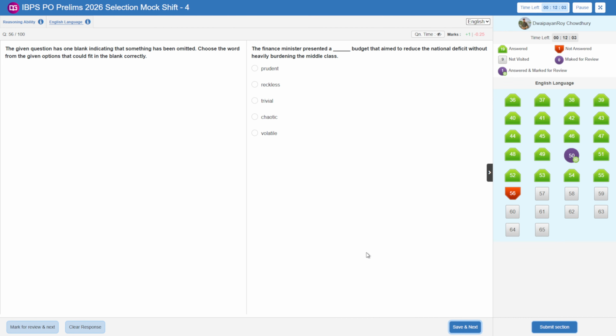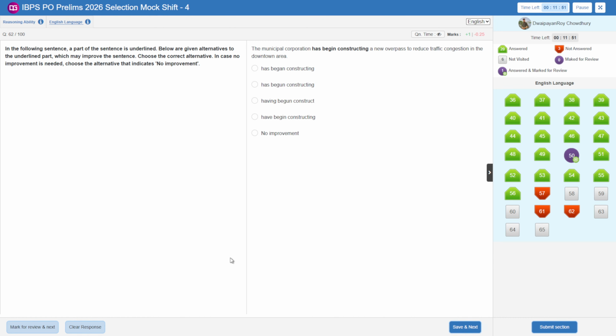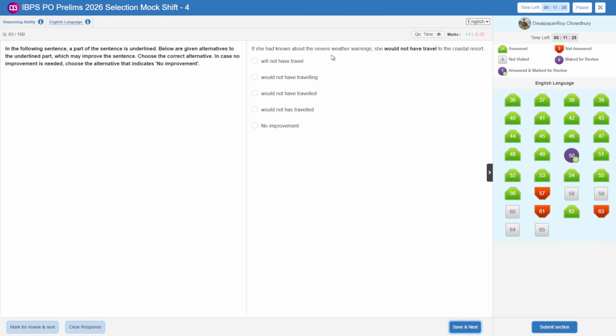The finance minister presented a prudent budget that aimed to reduce national deficit without heavily burdening middle class. Okay, PQRS, I'll do it last. The municipal corporation has begun constructing has begun to reduce traffic congestion. Began. If she had known about the severe weather warnings, she would not have